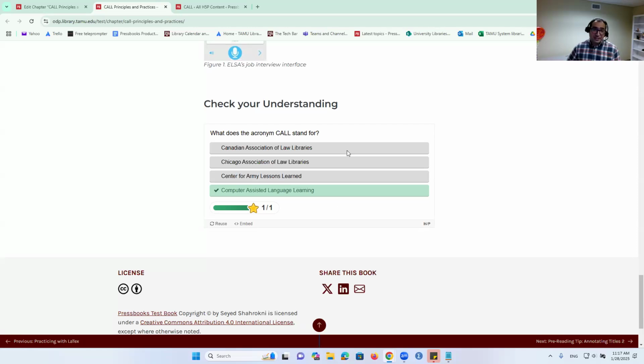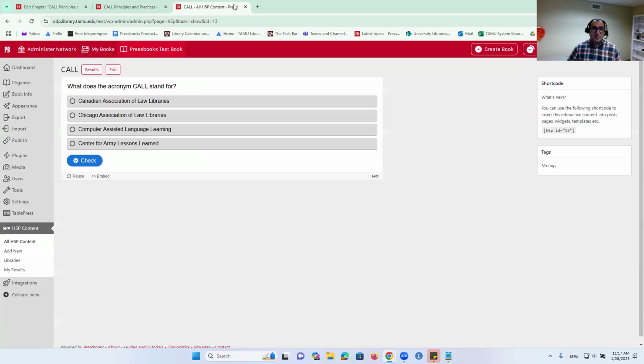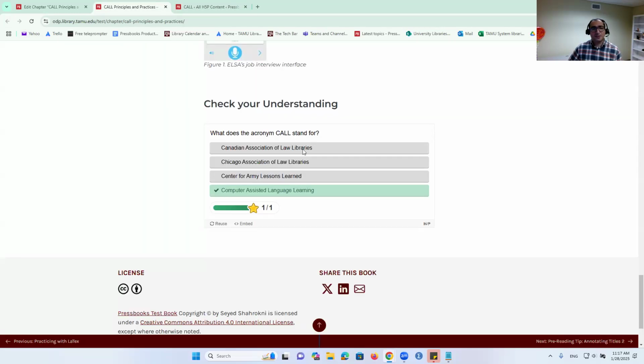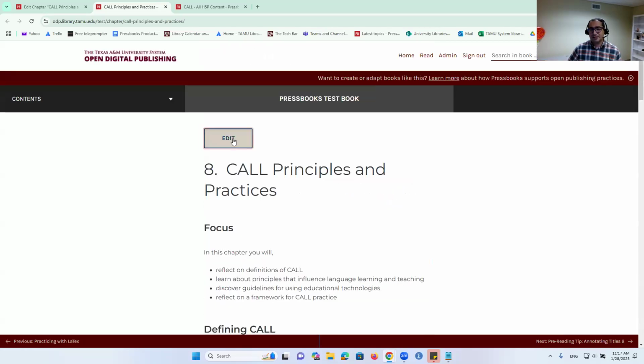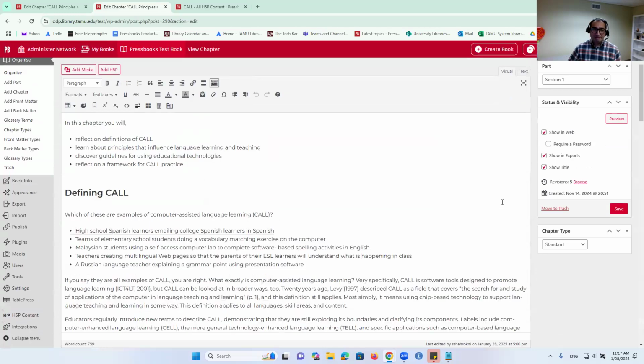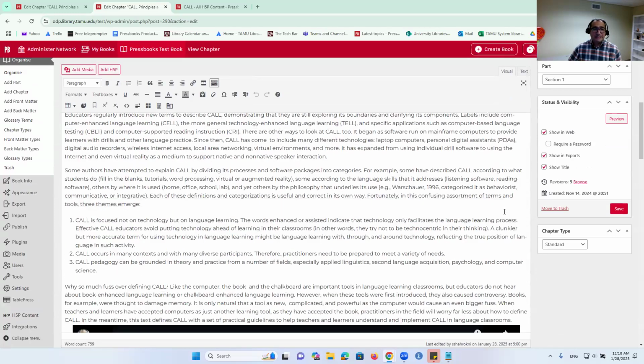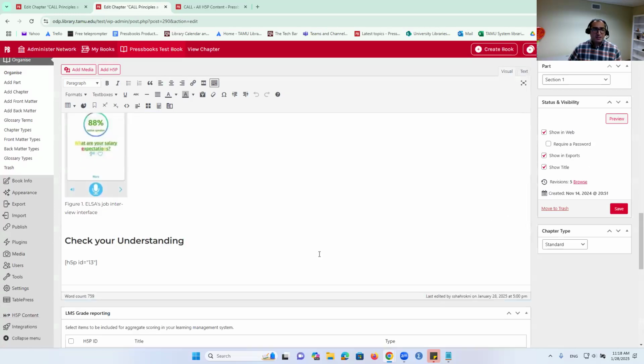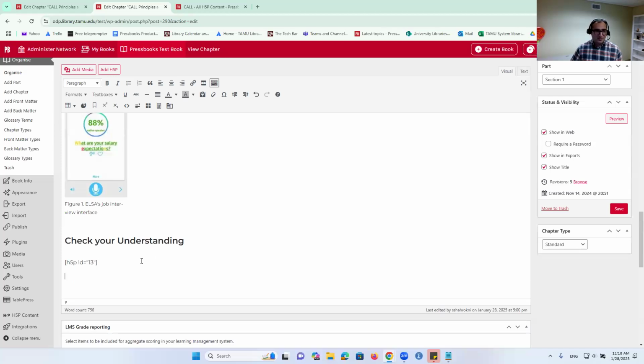So now let's go ahead and create one together. So as I said earlier, in order to create an H5P activity, I'm going to go back to my chapter and click edit because I have access to it and I have created it and I can make changes in it. So let's imagine I'd like to create another activity here. So all I need to do is to click Add H5P, the button here,